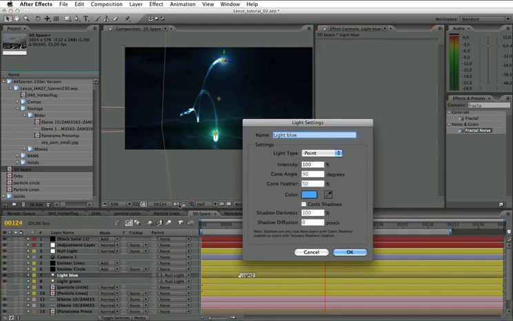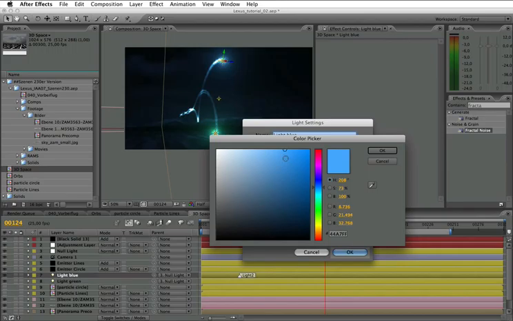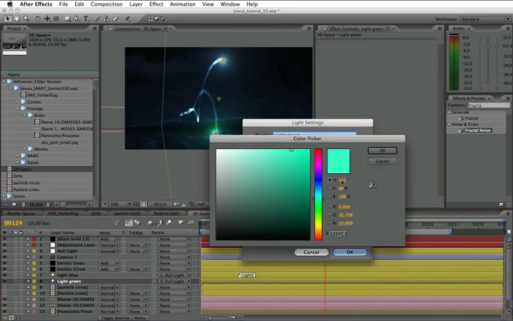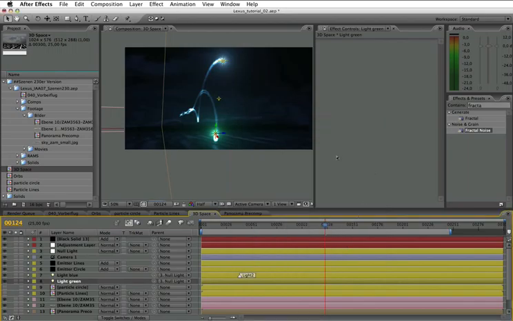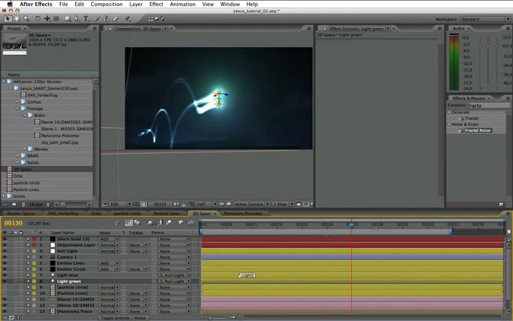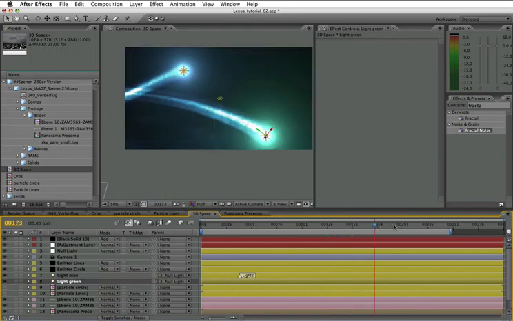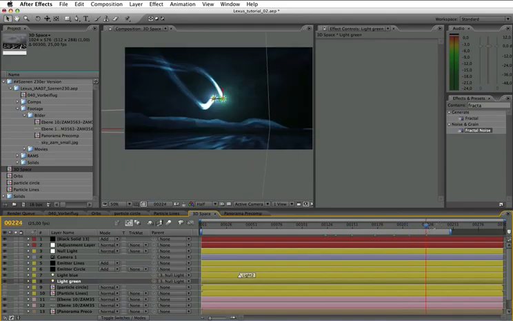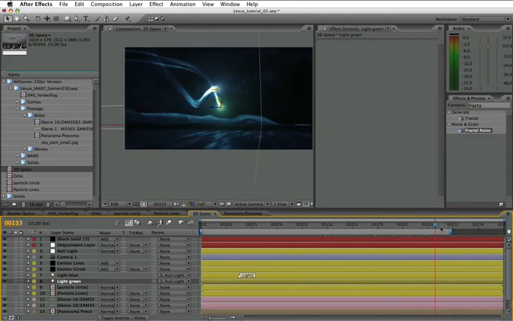I think we have to go in there and just desaturate things a little. Yeah, okay, that's it. So I think you got the idea of how to create this scene,